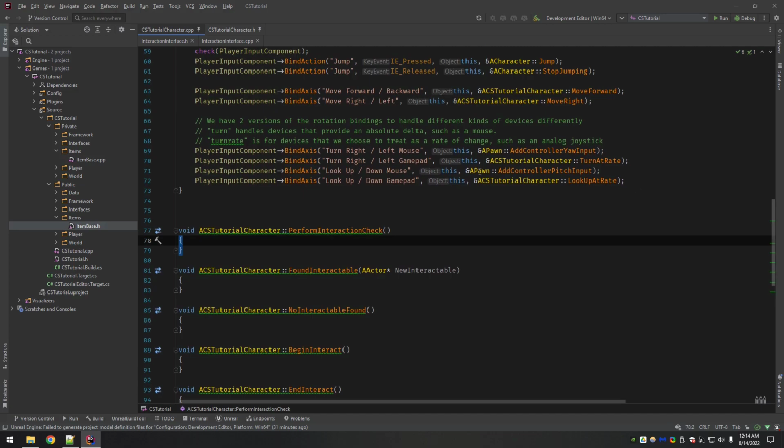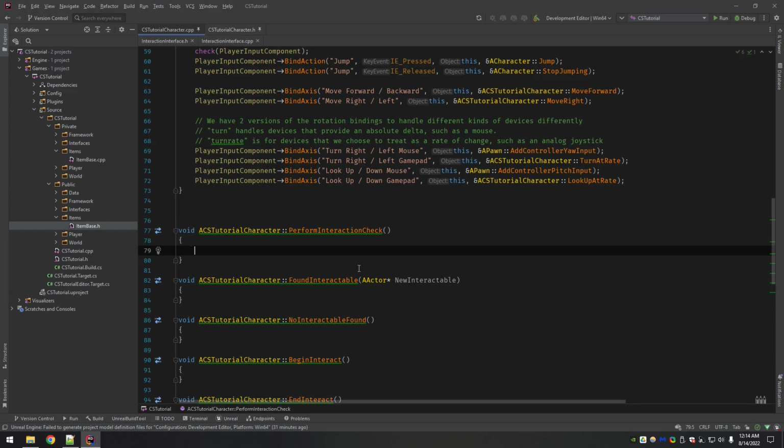So this is the one that's actually creating the line trace. And when I say creating, I mean we have to figure out where we're going to start it from and where we're going to end it. And then it's going to check for the interface and set the target interactable that we created.